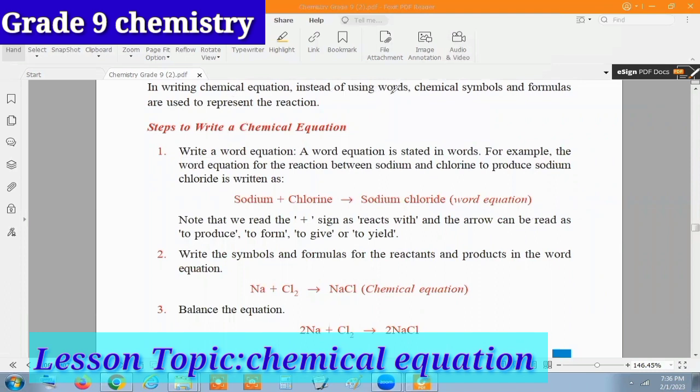In writing a chemical equation, instead of using words, chemical symbols and formulas are used to